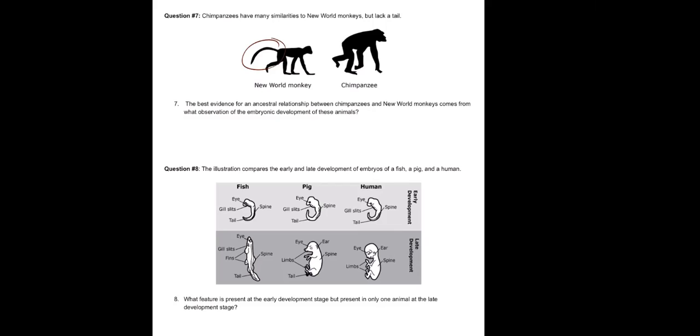How do I know that? How could I prove that the chimpanzee and the monkey are evolutionarily related? What would we see as the embryo develops of these animals? Well, we would probably see a tail. In the embryo, you would see a tail for the chimpanzee that would go away. Now I'm going to write that down here. In the embryo form, or during development,